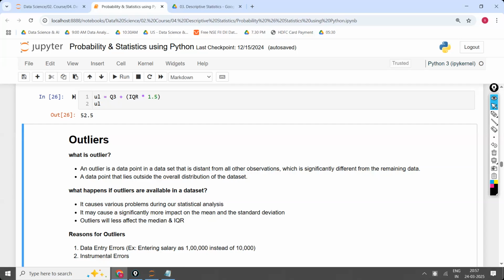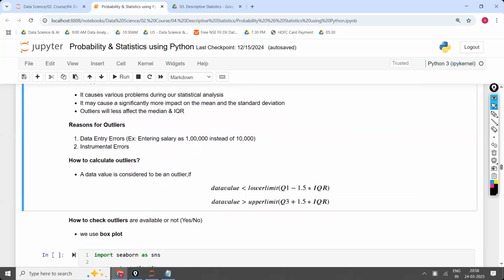The student who has got 100 out of 100. Really he may have got 100 out of 100, or maybe sometimes he may get it through a wrong correction. We don't know, but here it is considered an outlier. Now, how to calculate an outlier: any value greater than the upper limit is considered an outlier. The upper limit is Q3 plus 1.5 into IQR. A value less than the lower limit is also an outlier.